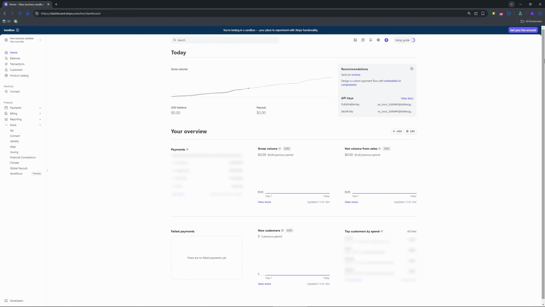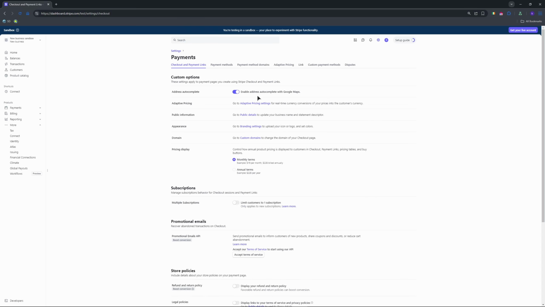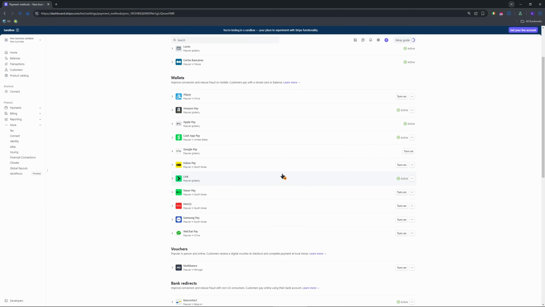So from the previous updates, the interface is a bit changed. So now in order to do that, you need to go to the settings by choosing this gear icon. After that, my friends, you need to go to the payment section right here. After that, you go to payment methods. And in here, you should find your Wise account, Wise payment option.